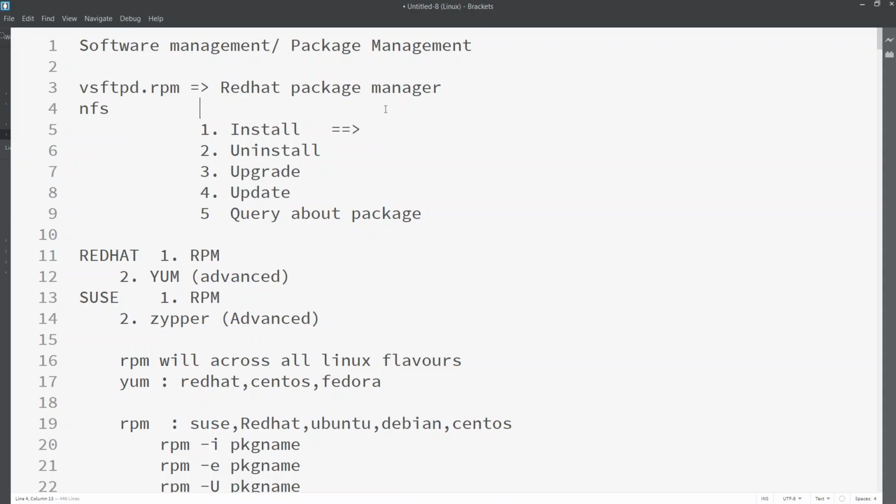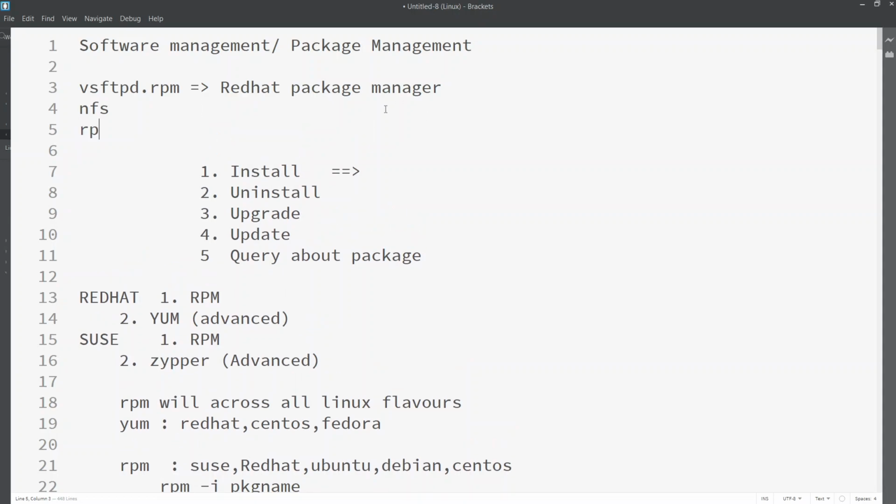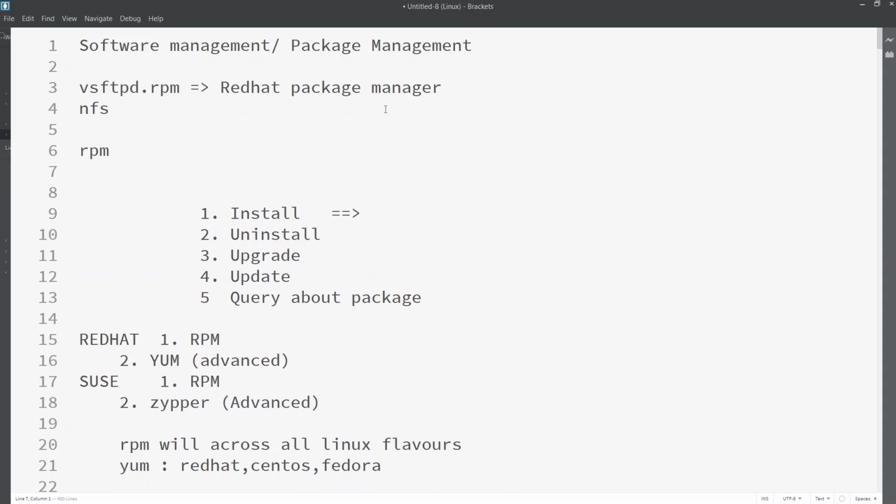There are two tools actually. In Red Hat, one is RPM, another one is YUM. These are the two commands we have. So what is meant by installation? Whenever you install a package, /lib is a place where we can see all the libraries. You place all libraries in /lib, and /bin is the place where we can see all user related commands. If you are installing a package and there are any commands related to it, it will keep them in the /bin directory.